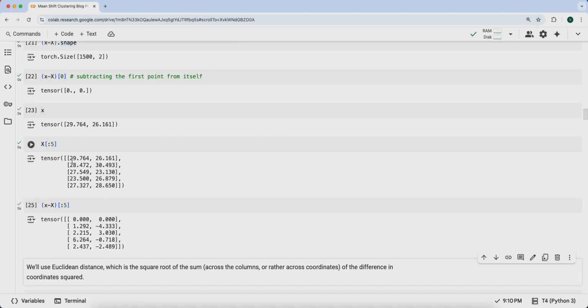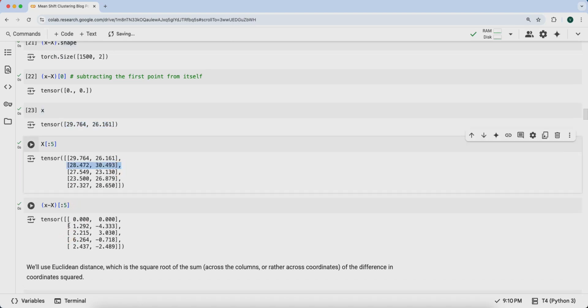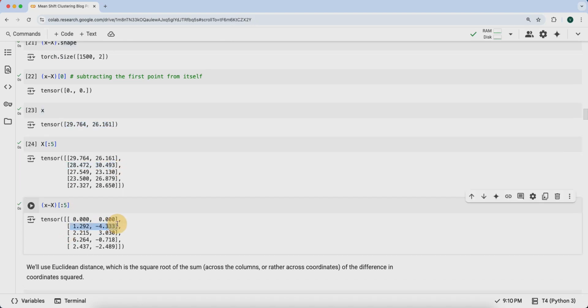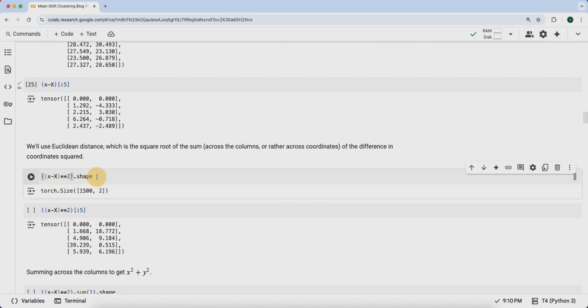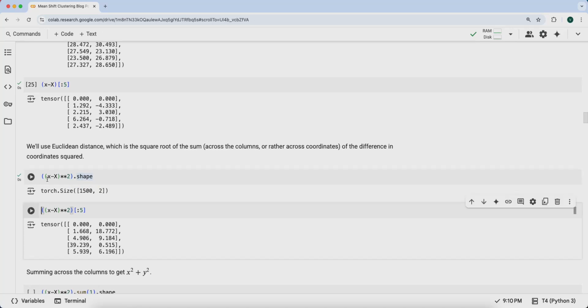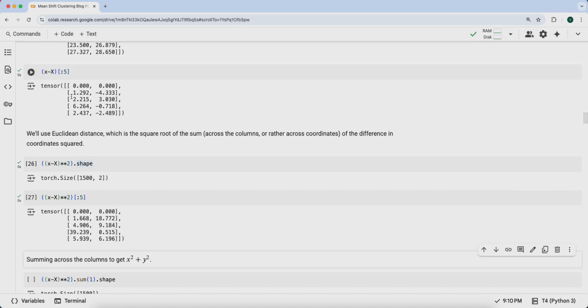Then in the next case, we're taking x minus the second point. So we get 1.292 and negative 4.333, so on and so forth, down 1500 rows. We don't want just the difference, we want the distance. So the next step is to square that difference. I can do that just as an element-wise operation. And if we take a look at these values, we can see that this is